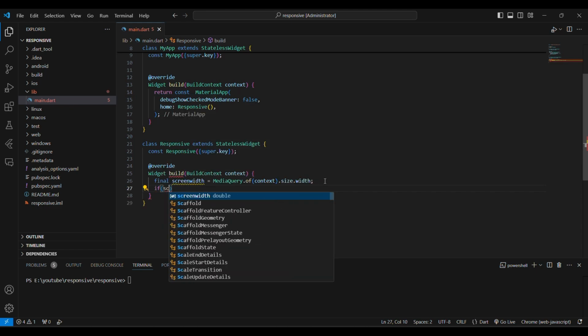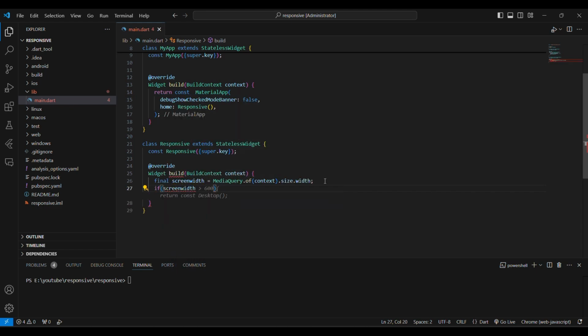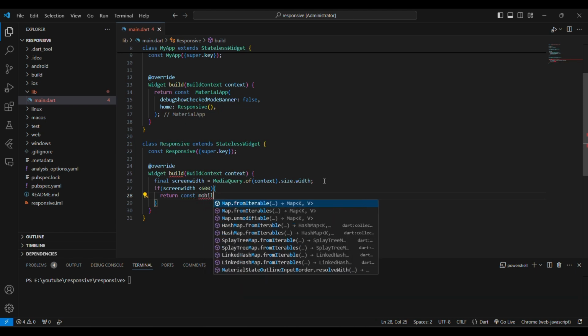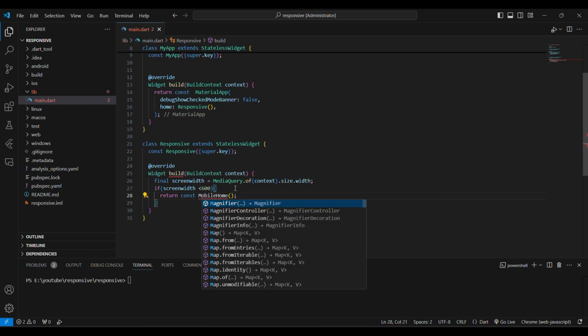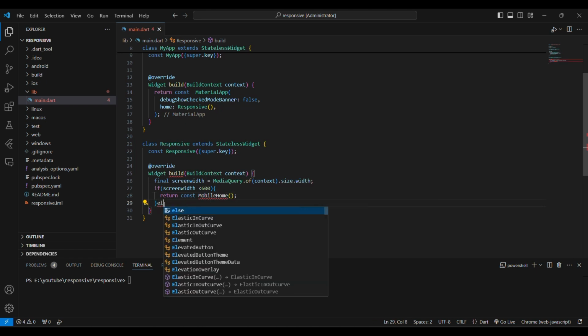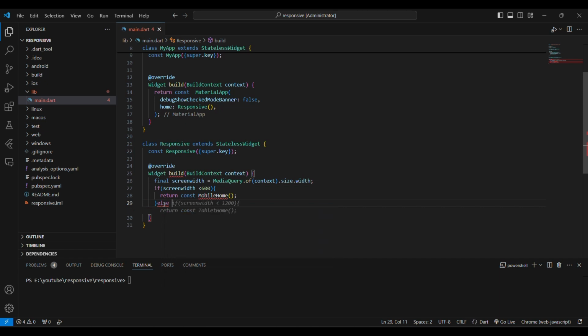Okay, if screen width is less than 600, let's return MobileHome. We'll create those pages later. This will be a camel case identifier. Okay, else if, we are implementing tablet also, so let's get another else if